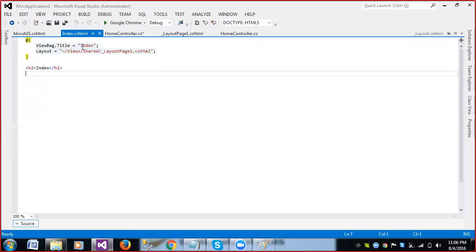Now whatever the title name is there, that will display. And here one extra layout part, where the layout is coming from. The layout is coming from,